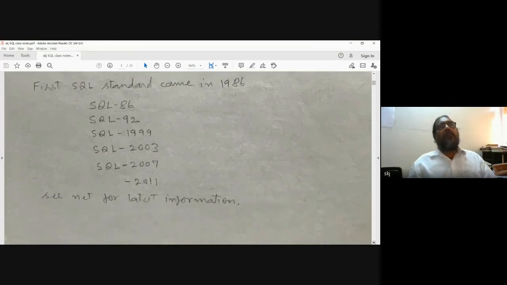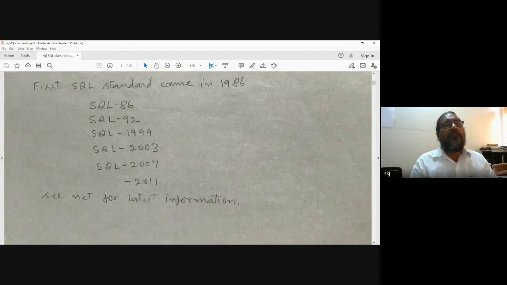And when the language became standard, some standardization came into the market. The first standard of SQL that came was known as SQL 1986, so it was SQL 86.